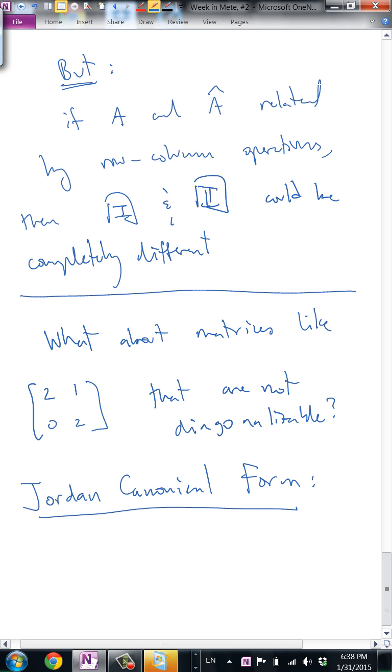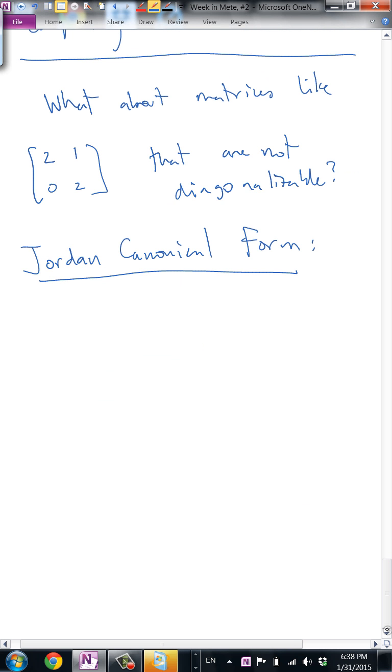Okay, so this is a bit of a big piece of machinery that we're not going to actually prove, and it says the following. It says that for any square matrix, I can find some invertible matrix T